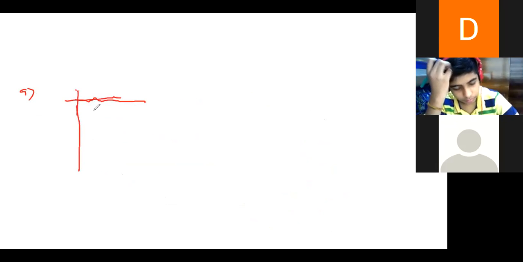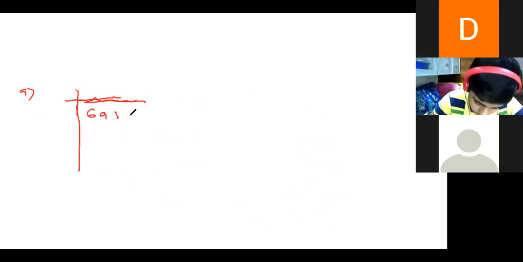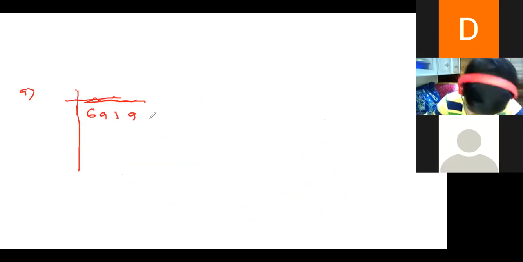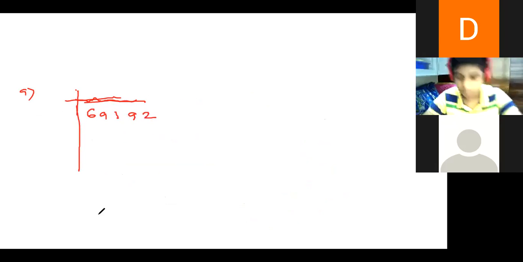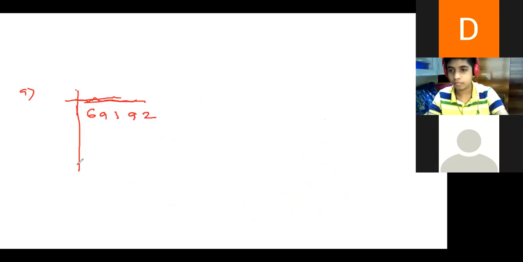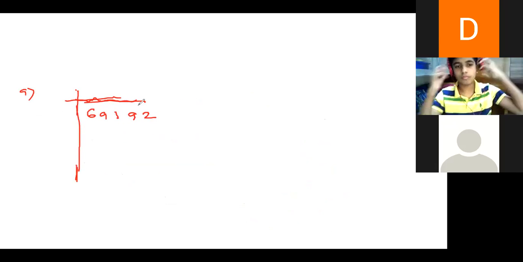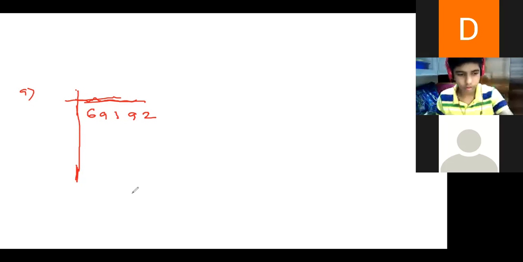The given number is what? 69192. Yes, sir. All of you stop. Please stop. Don't worry, because you all know the method. Just look at one concept of mine. See, if this is a perfect square, what remainder will I get? 0. Yes, sir. If I'm not getting remainder 0, I get a remainder such as 2, 3, 4. That much if I remove, it will become a perfect square. So first I'm just finding what the remainder will be. If the remainder is 0, then no need to add or subtract. That itself is a perfect square.